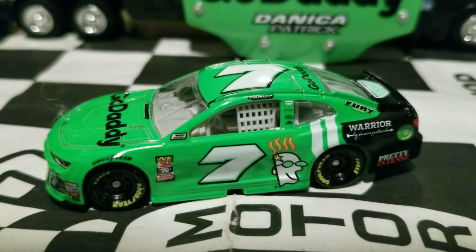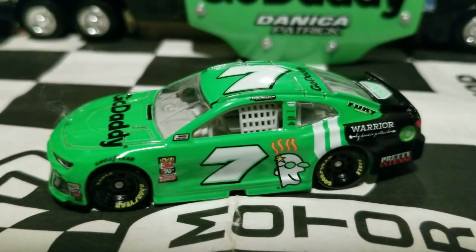Sure, the marketing went well for her, but the results weren't that promising. For the Daytona 500, she made it through the first stage, but the second stage, not really. With 19 to go, she got involved in a wreck with Chase Elliott and I believe Kasey Kahne and many others. That ended her day,